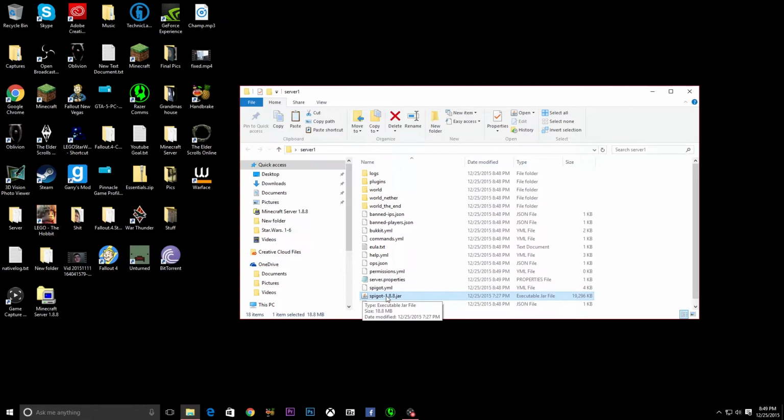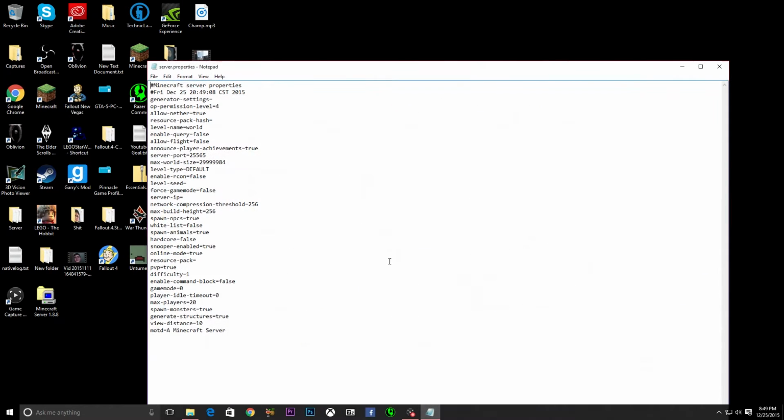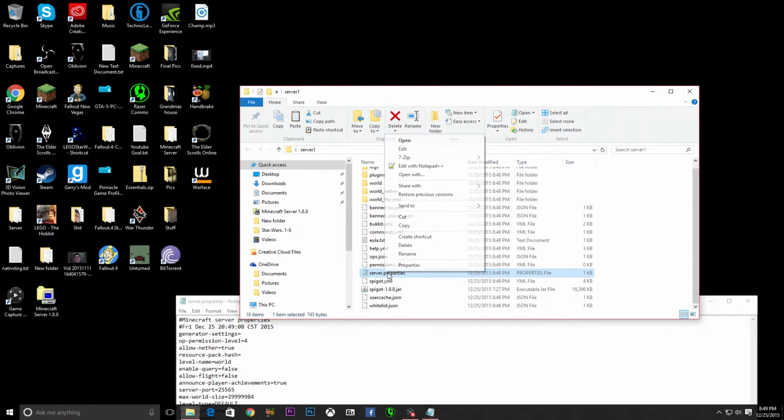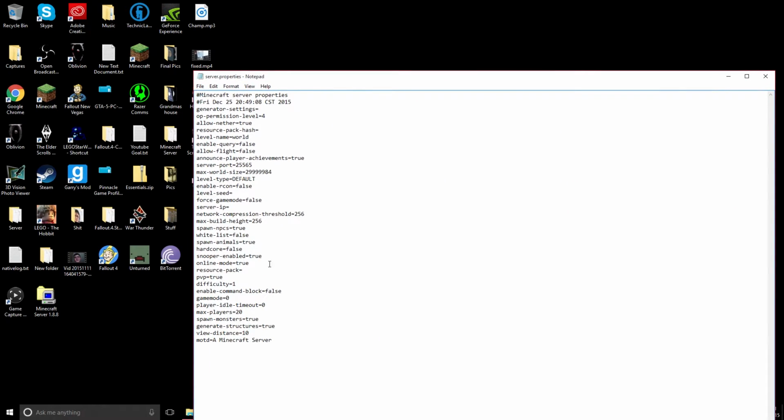And if that's running, you cannot run your server, and it'll say this server's already running, and it'll be a pain in the butt. So the next step is the server properties. Open that folder up. And if you can't open it, right click it and hit open with, or double click and then open it with Notepad, okay? Now that you've done that, you should look down here and it should say server IP. This part here,